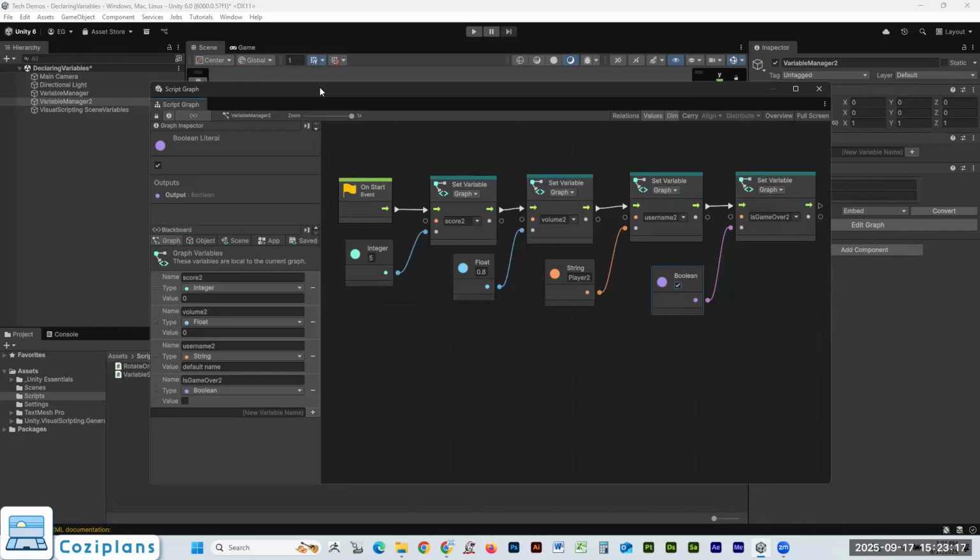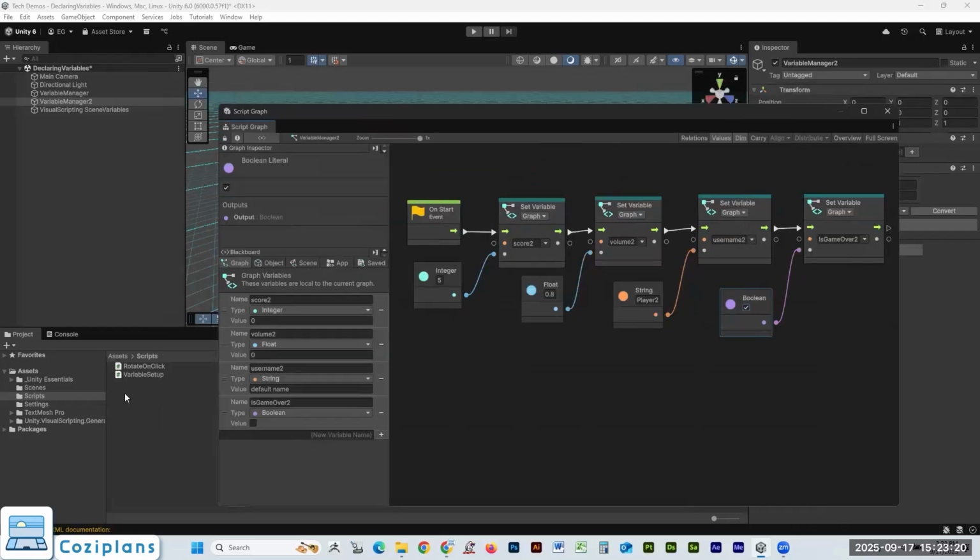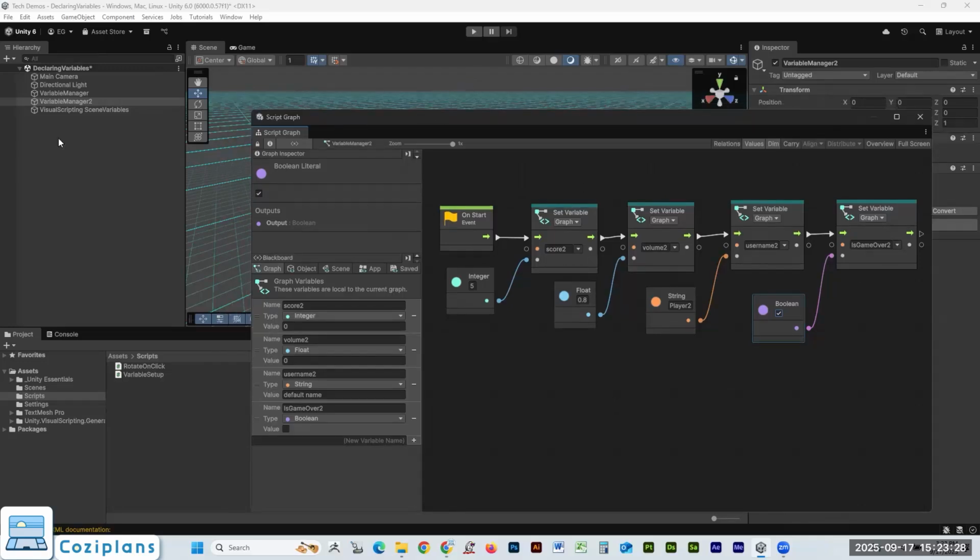Now, how we're going to see this? I could set up some debug logs and have it all pop out to the console, but we've already got a visual component to portray this for us right here in the script graph. So what I'm going to do is hit play. And what I want you to do is check your values right here because you already have a visual display for those variables. We can see right now the defaults that we have in here are 0, 0, default name, and off. And if I hit my playback,